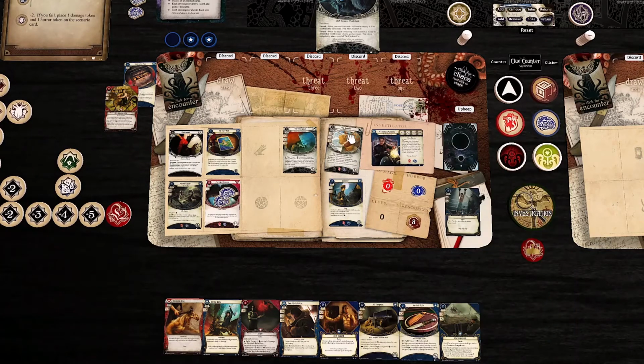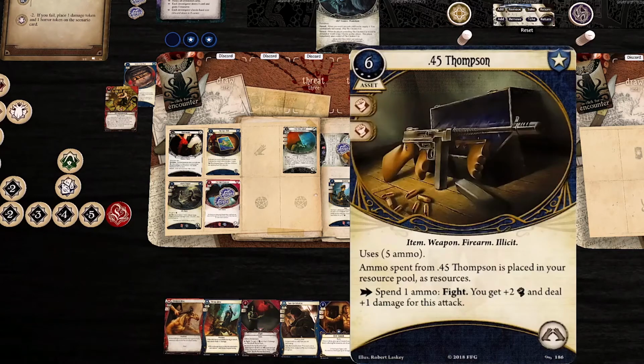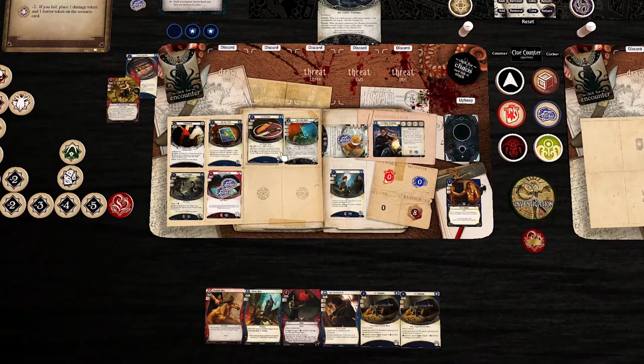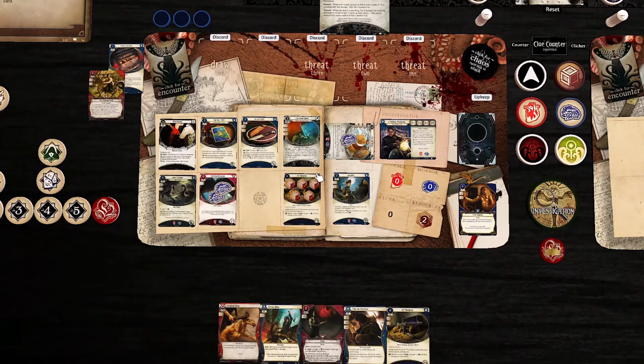Okay, so what he's going to do is he's going to use the Dormouse to shuffle that back into the deck and draw a different card. Another 45 Thompson. Interesting. Okay, well, not quite what he needed. We're going to use Ever Vigilant to play the Survival Knife and the 45 Thompson for a total of 6 resources. Second action. And third action, we're going to take a shot with the 45 Thompson, gaining a dollar back,